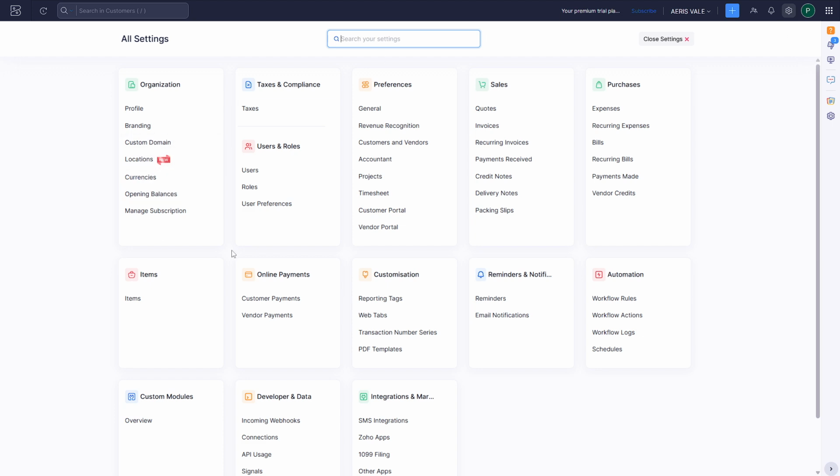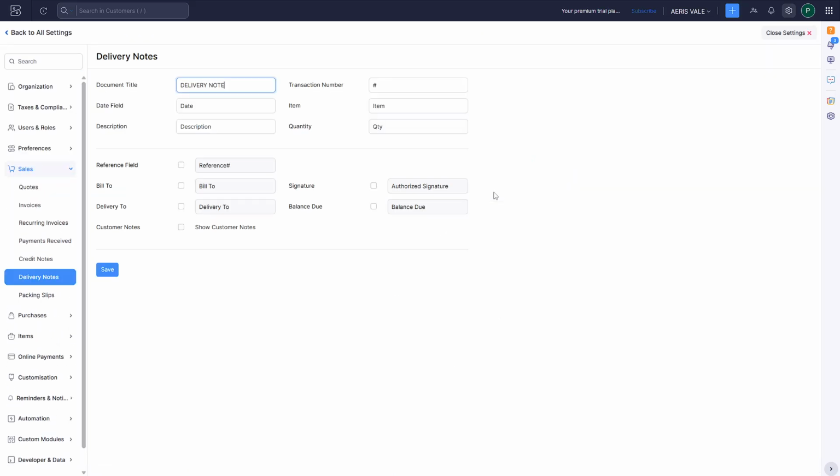Delivery notes play a crucial role in ensuring the correct items are delivered to the correct location, thus maintaining an efficient business flow. Once you've clicked on delivery notes, you'll see several fields that need to be configured. Let's go through them one by one for clarity. First, click on Document Title. This is where you'll assign a specific title to your delivery note, helping you keep your documents organized and easily